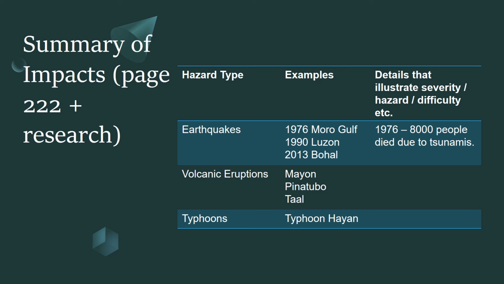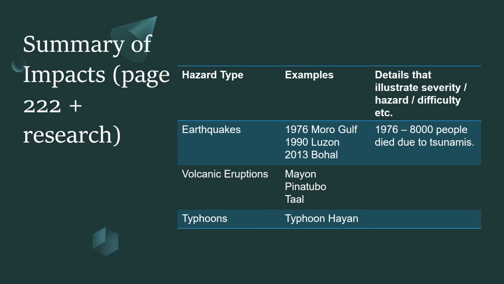The other thing that's quite nice about that example is I could also use that to illustrate how there's secondary effects, and they can cause big problems. Now, when you look in a textbook, to be honest, on that particular earthquake, it doesn't really tell you much more about it. So I think it would be good to do a quick bit of internet research, 1976 Moro Gulf earthquake, and maybe try and find out a little bit more.